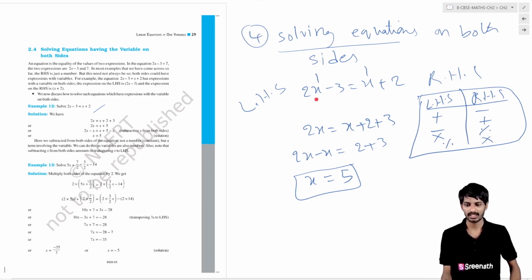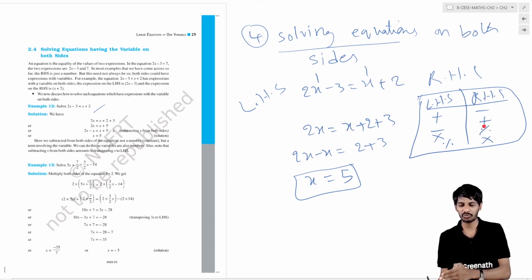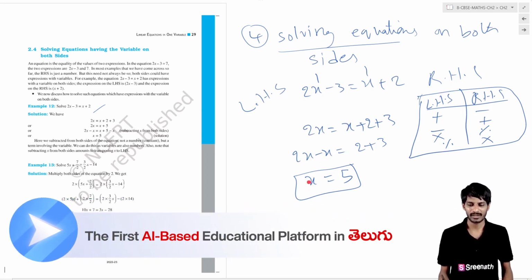For example, here minus 3 is there. It has a minus symbol, so we are shifting this number to the right side. If there is a minus symbol on the left hand side, then after shifting it will be replaced with a positive symbol. So here 3 has a minus symbol, and there 3 has a positive symbol. Another thing I have done here: x on the right side has a positive symbol, so by coming to the left hand side, it becomes a minus symbol. If there is a plus symbol on the right hand side, whenever we shift it to the left hand side, it becomes negative. So we can simply subtract it. That is 2x minus x equal to x, that is 2 plus 3 equal to 5.